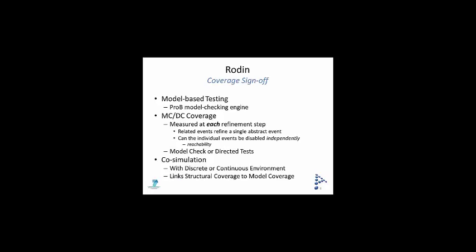As we come back to verification, now we need the notion of coverage sign-off. Are our formal tools able to provide some notions of coverage? I think the answer is yes, more and more. As you come down to the implementation, you can start doing model-based testing. You have a model. It's a formal model. You've done some proofs on it. You can use the model checker to actually generate tests for you. But even better than that, you can actually measure MC/DC coverage on the model right from the beginning. So we actually start at a very high level to model MC/DC coverage because in general, we're modeling state machines of the controller. And even at a high level, you can start writing state machines without reachable